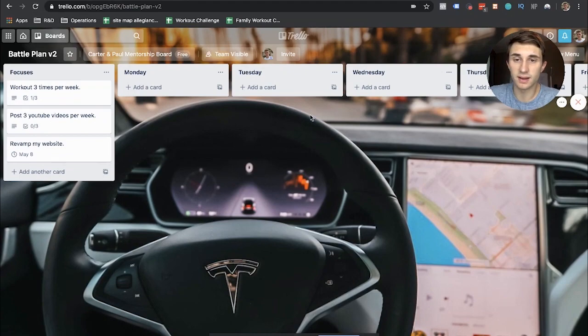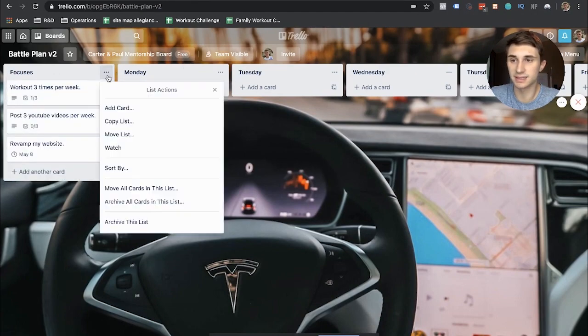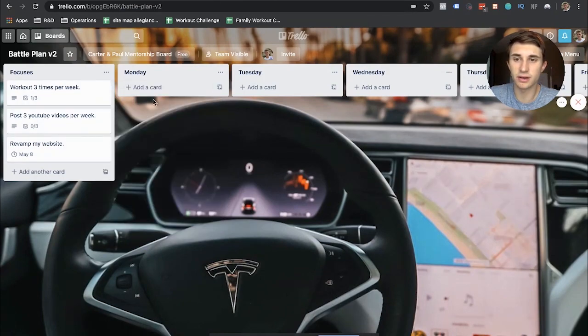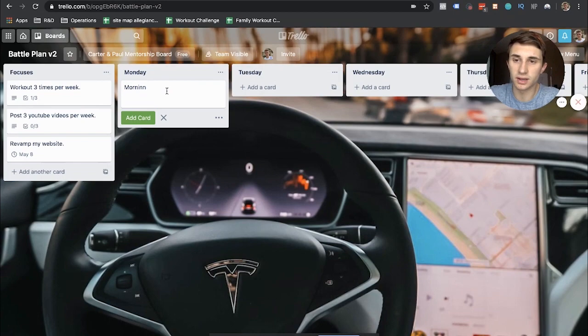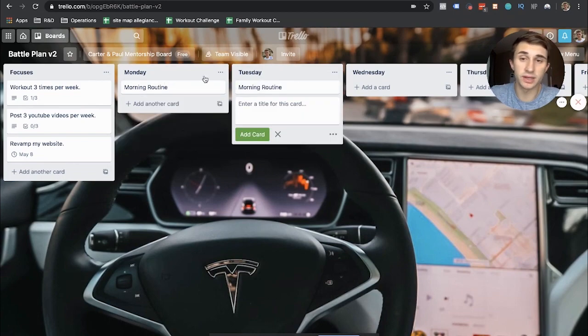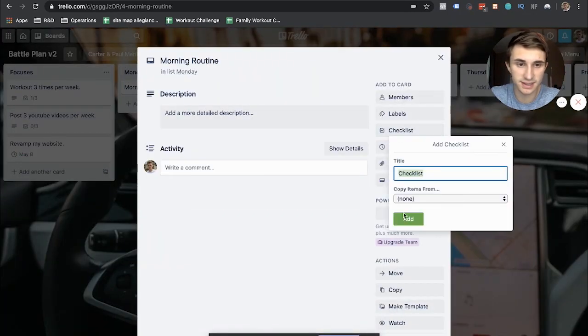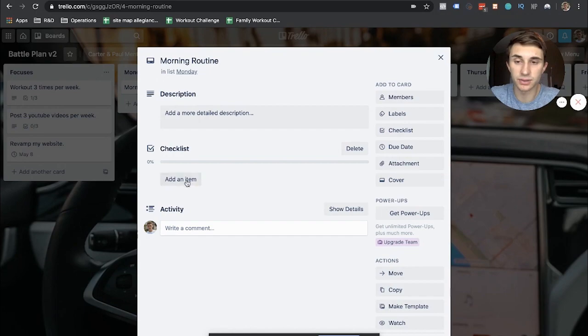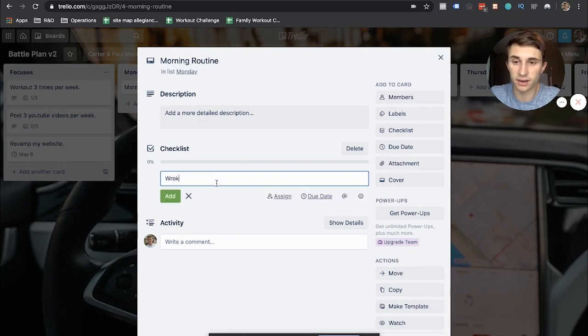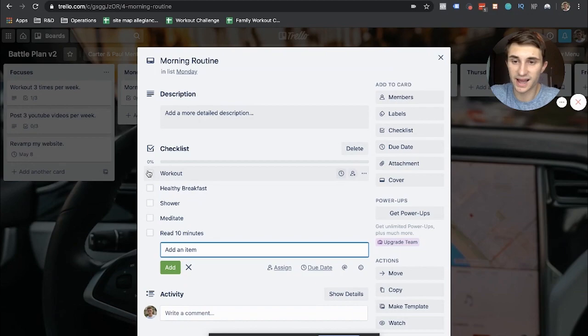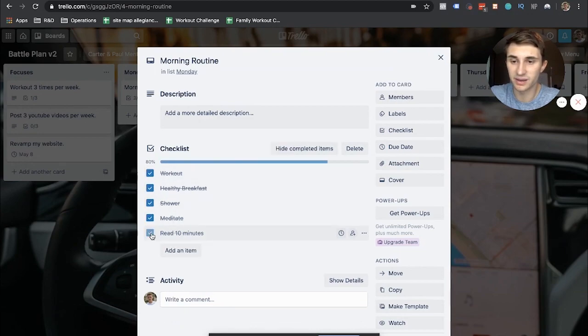That's my point. And another cool thing you can do is move these cards from certain boxes. So for focuses here, I'm actually not going to be moving these because these should stay here. But let's say I have some tasks in here. I remember what I used to do is I used to have morning routine, and then I would go into there and add a checklist, and I would do workout, something like that, and I would come in and check off my morning routine every single morning.